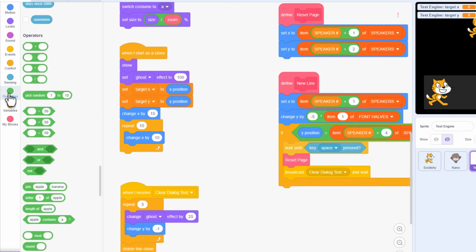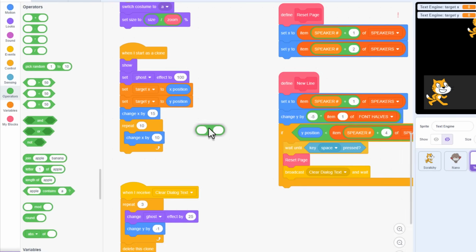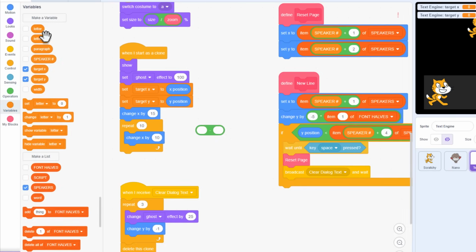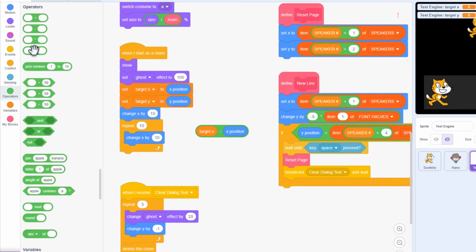So let's find out how far we need to move to get to the target. We use a subtract block, and we subtract from the target, that is target X. And we subtract the current position, X position. That gives us the distance to our target. So we're going to move by that amount, but only a fraction of it. So we divide that by 2. So each time round our repeat loop, we move by half the distance, so the letters will seem to slide